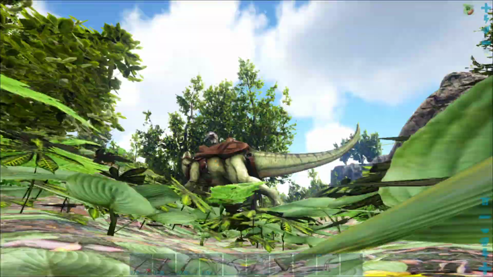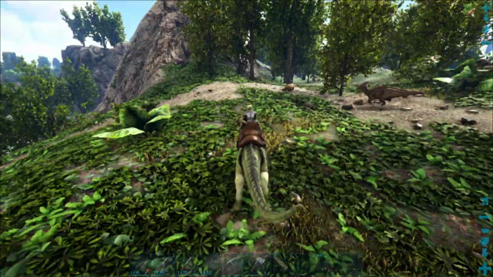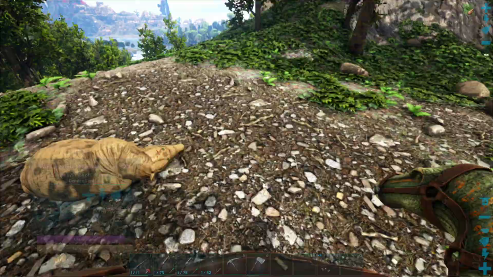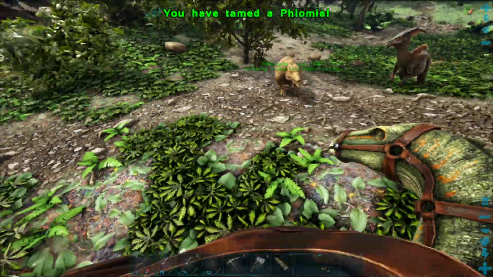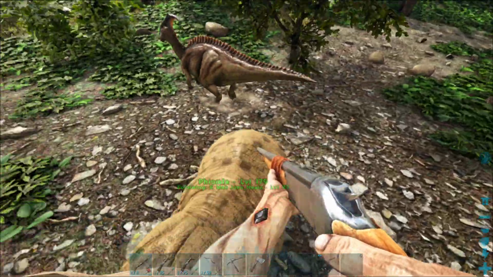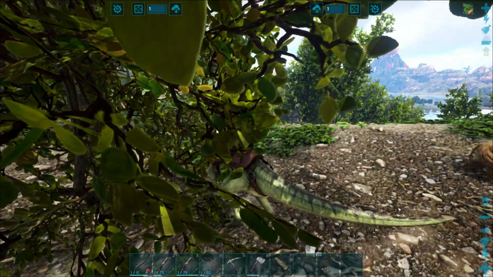Wasn't there a green drop? I swear I just saw a green drop. I might be seeing things. Like I said, we need to do a drop hunt, but we need a good tame. Okay, looks like a Fioma's gonna be the first one tamed. Yep, there he is. I think it's a she, actually. Yeah, there she is. The first one to be tamed is the Fioma. I guess I want to cryopod it, but...